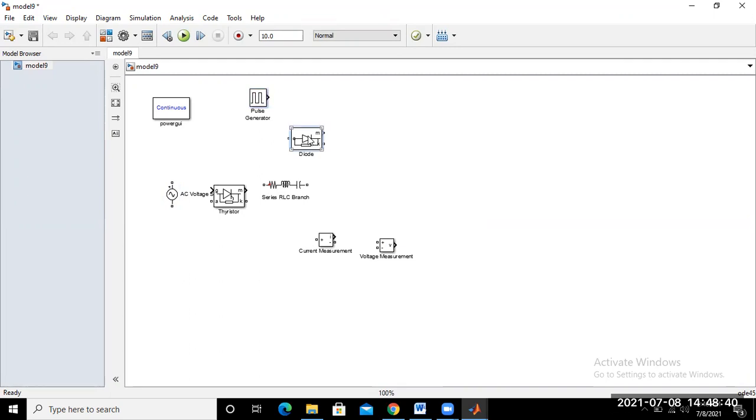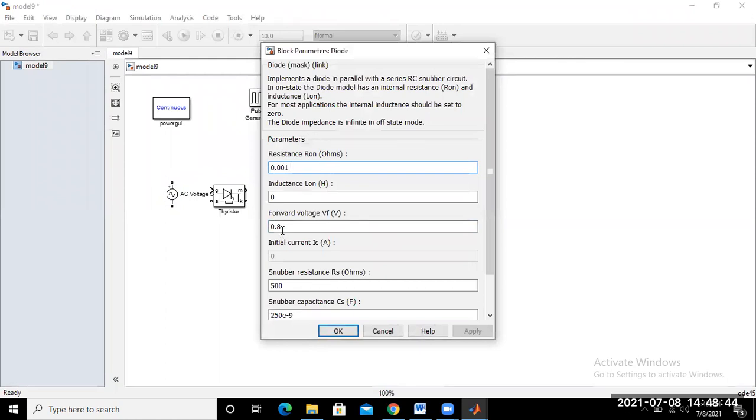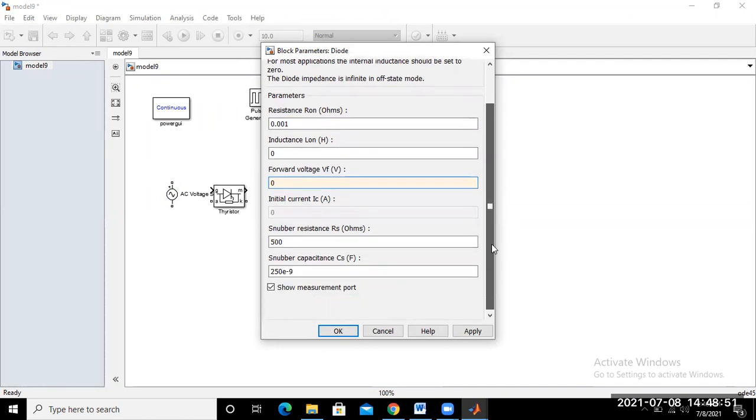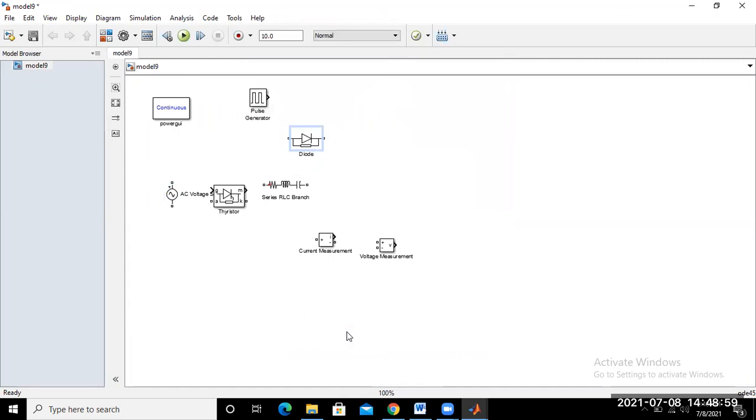Just double click on the diode, set it to 0.0 and deactivate this one. Just apply and okay.